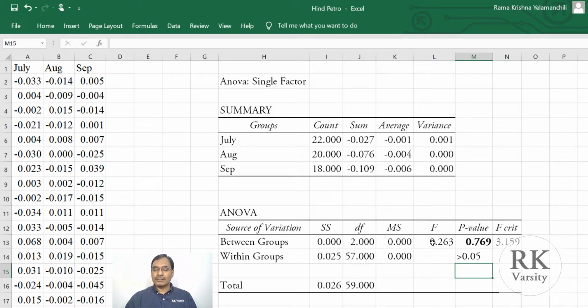Another way is looking at the F value. If the F value is low, then we accept the null hypothesis. If the F value is very high, then we reject the null hypothesis. Now this is another way to measure the performance persistence of a particular stock for different time periods. What this indicates is, on an average, the Hindustan Petroleum stock is performing uniformly across the months. That means the returns may sometimes be high or low, but when it comes to the average, it is same for the past 3 months.